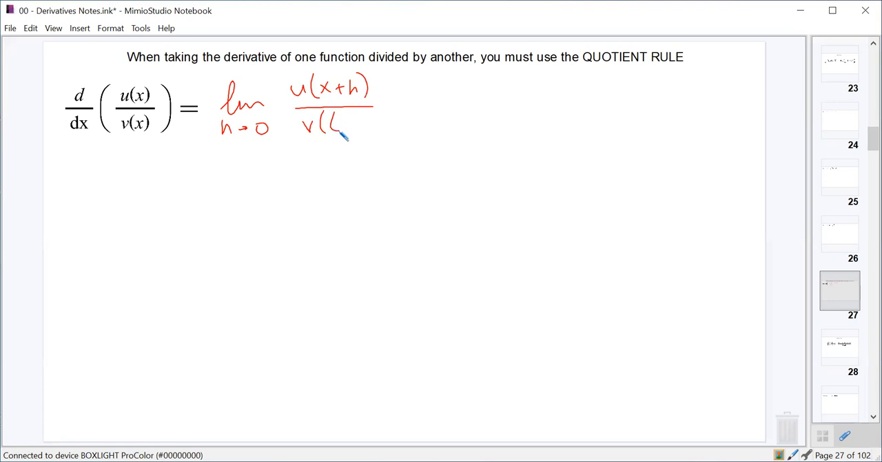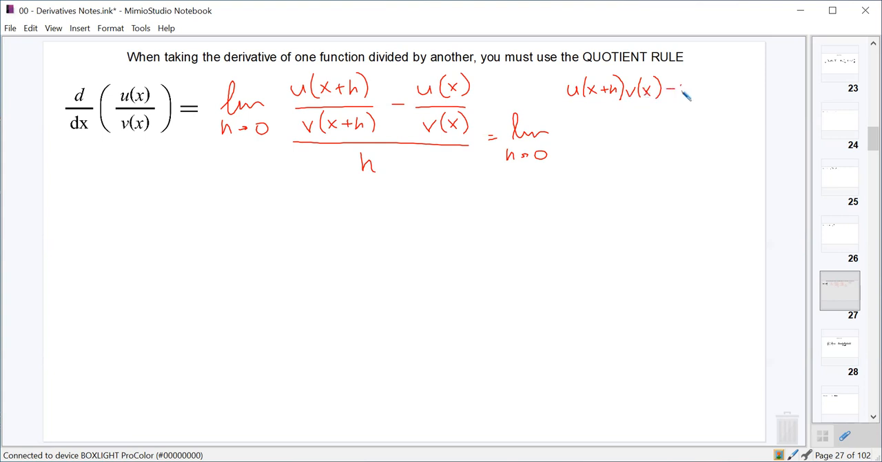So u of x plus h over v of x plus h, minus u of x over v of x, all over h. And so the first thing we're going to do, because this is a complex fraction, is simplify the complex fraction. So we're going to turn this into a limit as h approaches 0 of u of x plus h times v of x minus u of x times v of x plus h, all over v of x plus h times v of